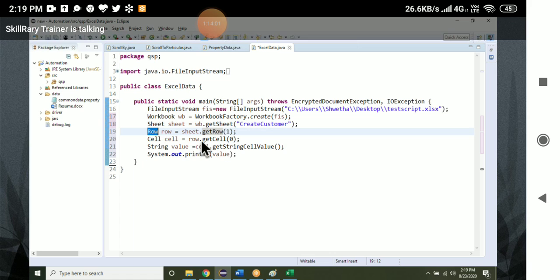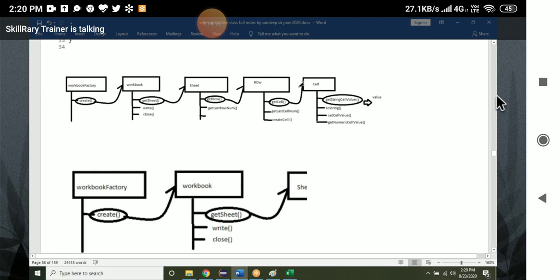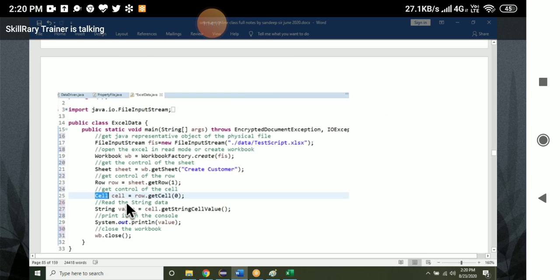The return type of getRow is the Row class. The return type of getCell is the Cell class. The return type of getStringCellValue is the String class. Okay, they will write like this. You can take down this also.